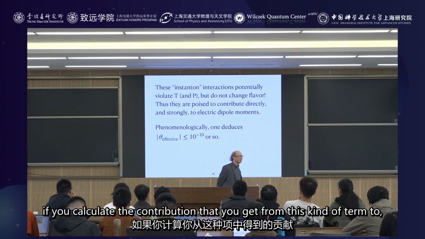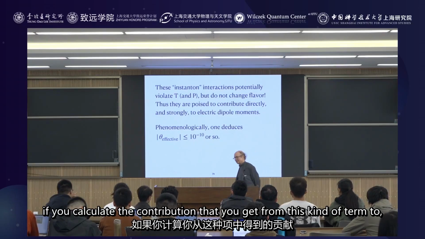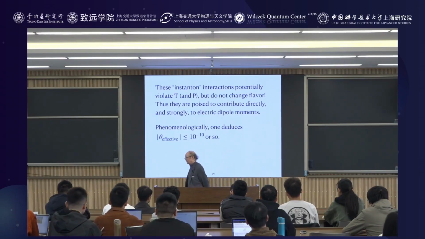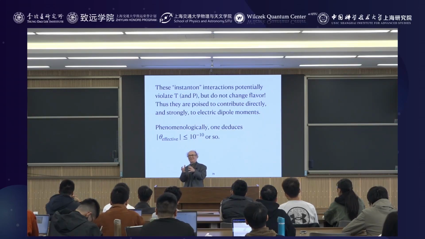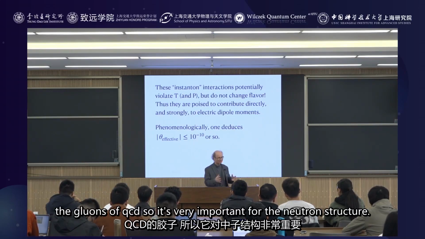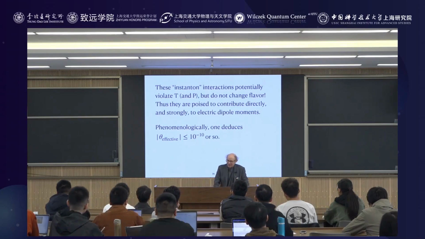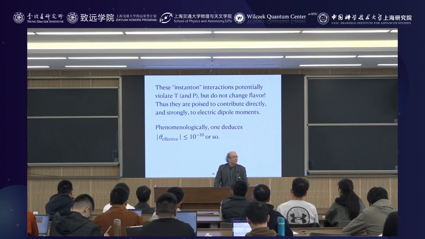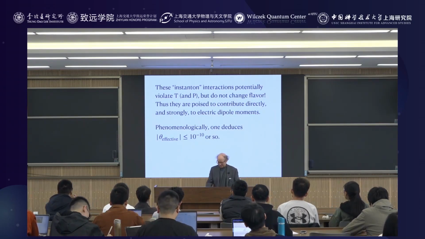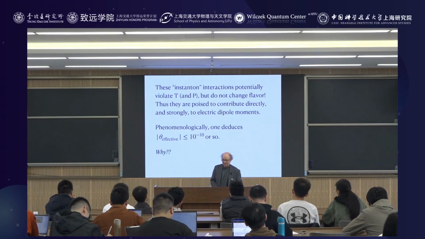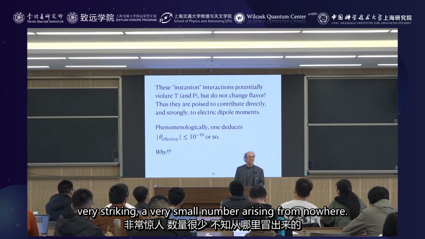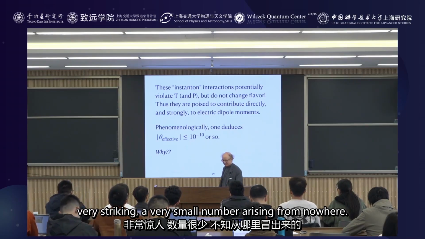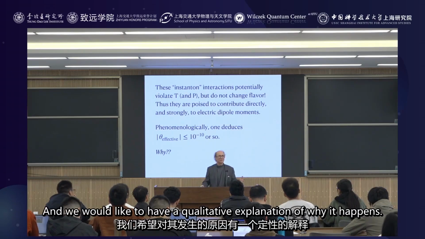And sure enough, if you calculate the contribution that you get from this kind of term, which is a primary interaction of the gluons of QCD, so it's very important for the neutron structure, you get phenomenologically a bound of 10 to the minus 10. So this is something very striking, a very, very small number arising from nowhere,